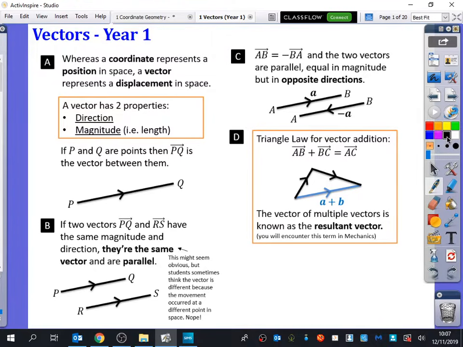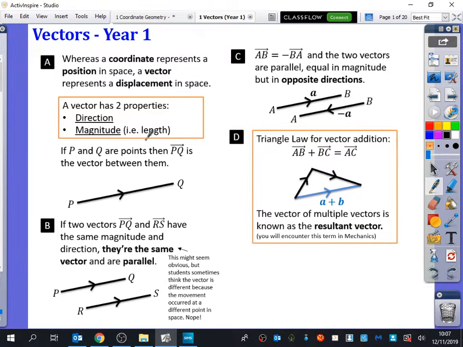So point A, whereas a coordinate represents a position in space, a vector represents a displacement in space. So it doesn't actually represent where something is, it represents how something is displacing, how something is moving in space. And a vector has got two properties. You probably know this already. A vector has a direction and it has a magnitude. Whenever I use the word magnitude from now on, I am meaning how long the line is